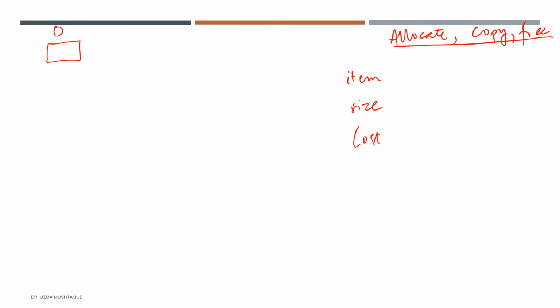So I'll add item 1 of size 1, and the cost it will take is 1, right? So this is item 1. Now I have to add another item, and I see there is no space, so I have to double the size, copy all the elements to this new array, and here it is, item 2, right? And the size of my array is 2, and the cost required is 2 because I had to copy both the elements into this new array, which is double the size.